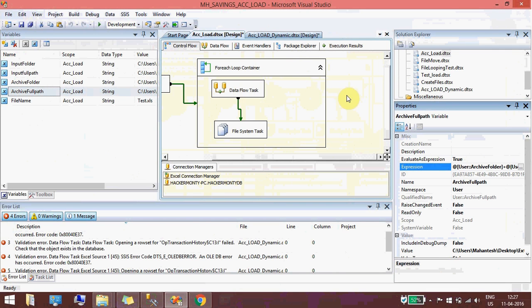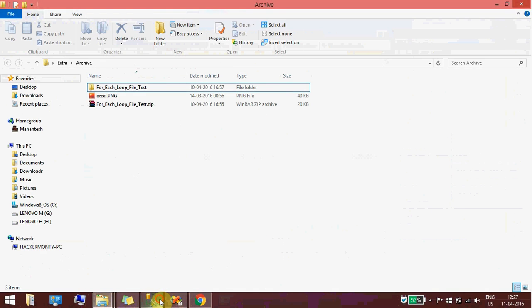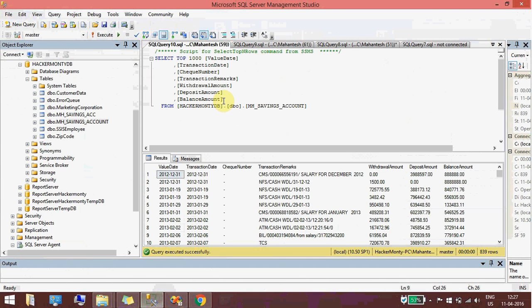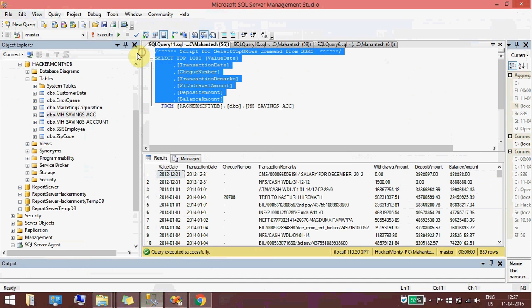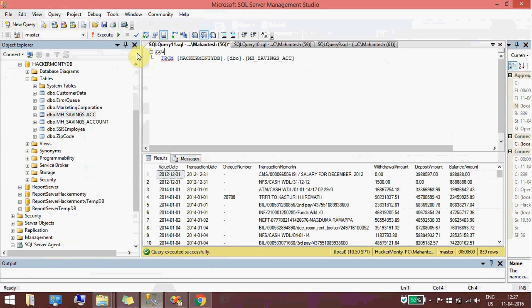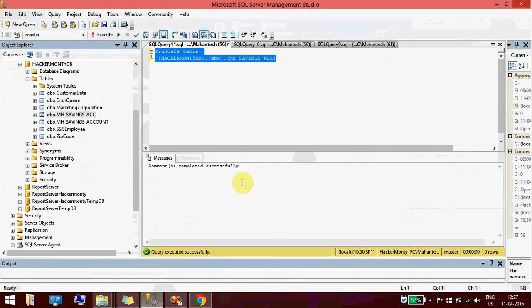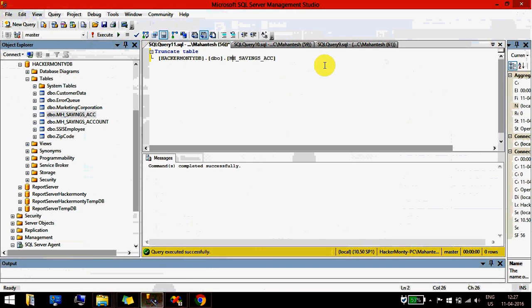So I'll show, I'll truncate this table. Truncate it.